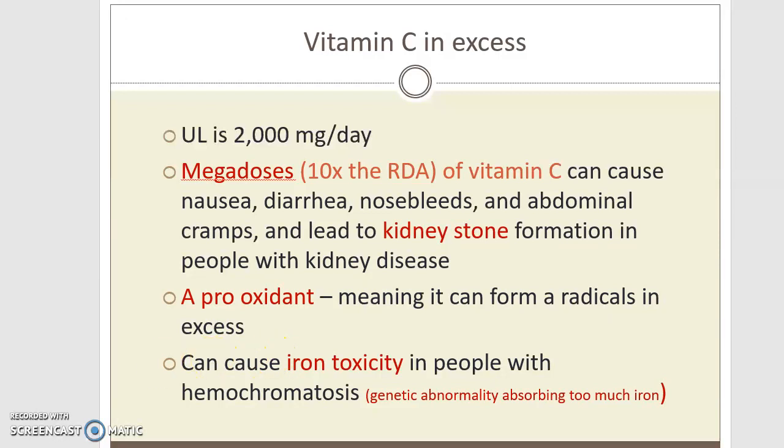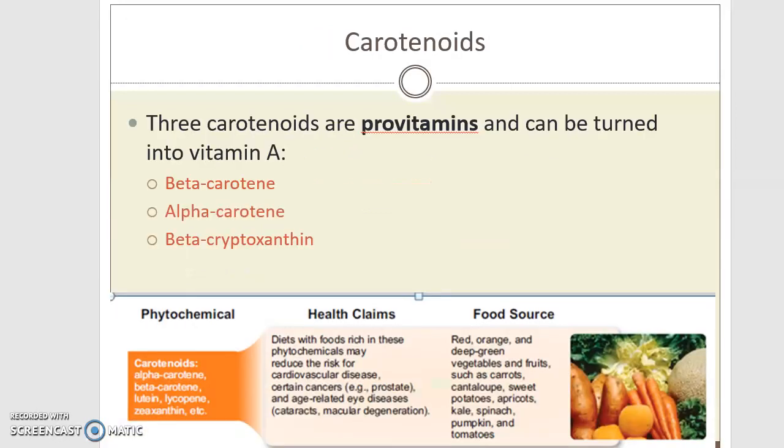So let's just look at one other aspect then of an antioxidant. This one we'll look at is a carotenoid. So carotenoids, the other thing we mentioned, are provitamins, which means they're not actually a vitamin. They can become a vitamin. They can be turned into a vitamin. So it's safe to take a high quantity of a provitamin, such as carotenoids, because it hasn't formed the active form or the preformed vitamin A. Vitamin A can be toxic because it is a fat-soluble vitamin, but the